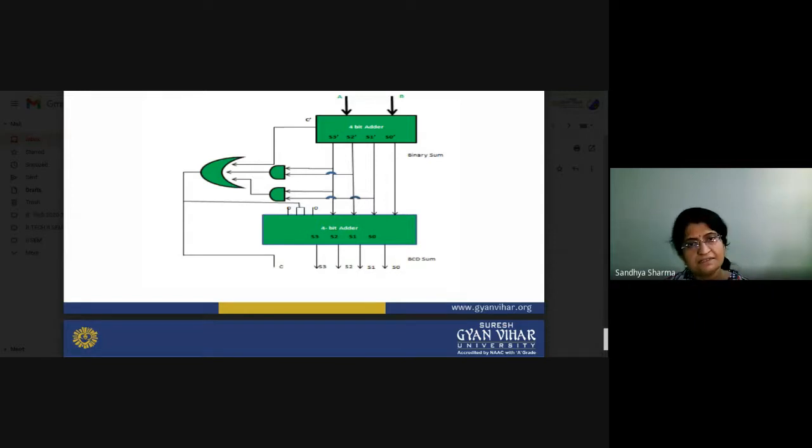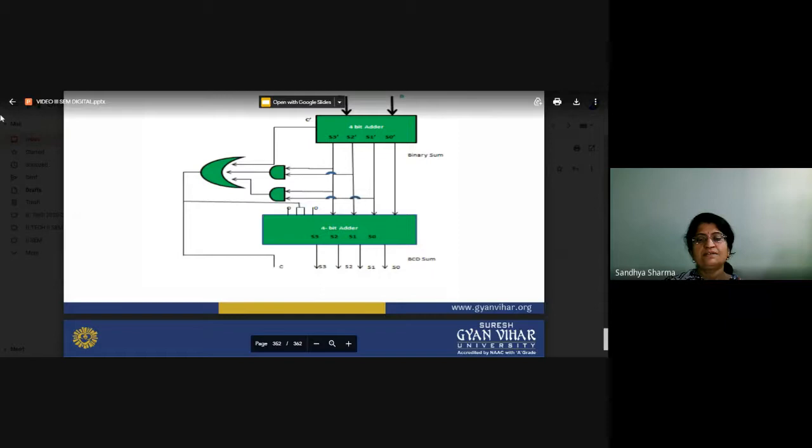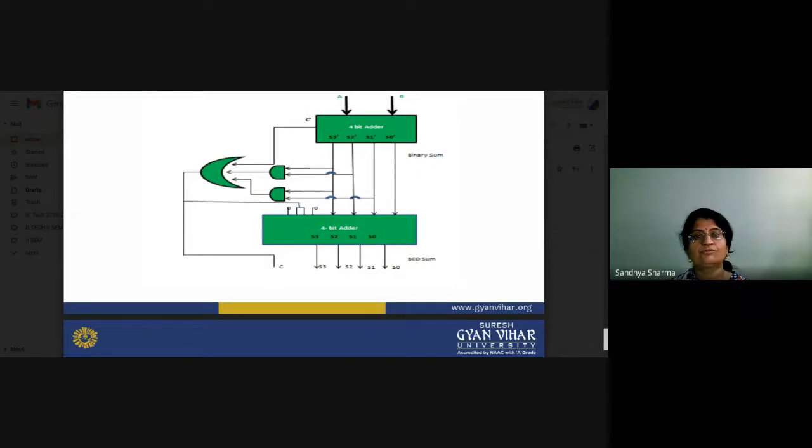Now the third one is BCD addition. What happens in BCD addition? We have also seen this topic in the number system, where we told you about the BCD number. A BCD number is nothing else but a normal number system represented from 0 to 9. For 0 to 9, the binary number and BCD number are the same. But when your number exceeds 9, you cannot represent it directly in binary form; you have to take two separate parts and then represent it. This is a very important feature to remember for BCD addition.